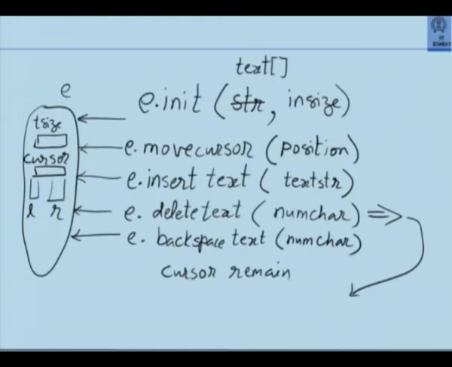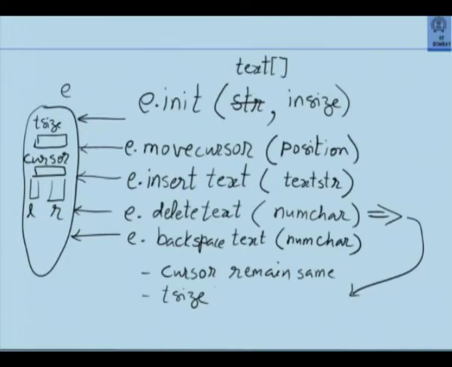Because if this is my cursor, I am deleting to the right of the cursor. So cursor position vis-a-vis the left is remaining same. But what happens to the size? T size. Totally T size was whatever was in the left stack and whatever was in the right stack total. But I have now deleted 3 characters or 4 characters. Shouldn't those many characters be removed from the size?